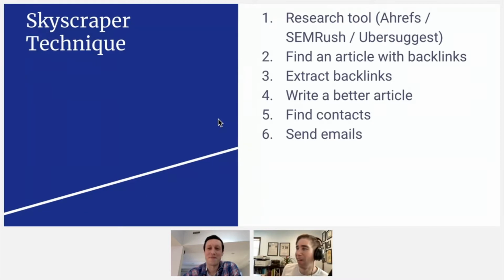Cool. All right. So once we write this better article, we need to reach out to all of these contacts. You've extracted that list of backlinks, and then you can import that into a platform like Postaga, which can find email addresses for all of these contacts and then build an email sequence to reach out to them, to the effect of, hey, I saw that you linked to this old article. You should link to ours instead. And then also follow up with these contacts. So that's, in essence, what the Skyscraper Technique is all about.